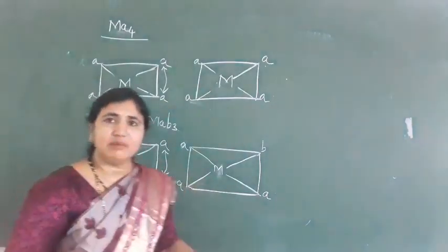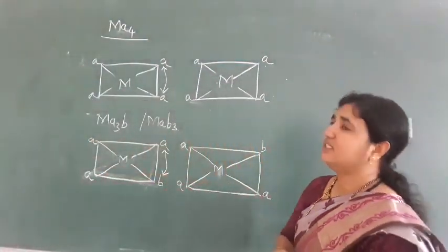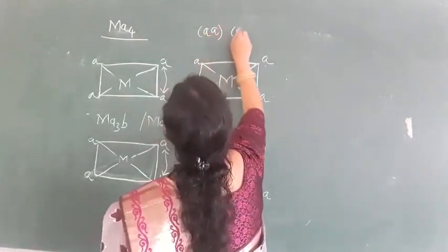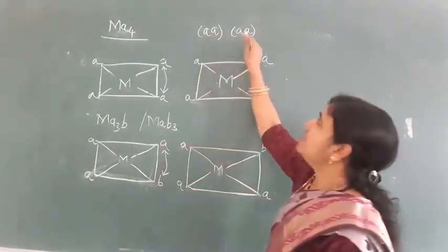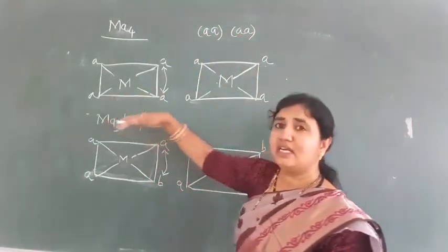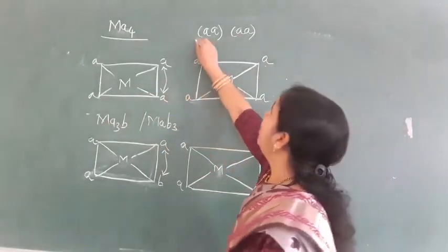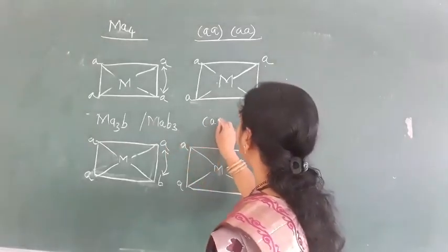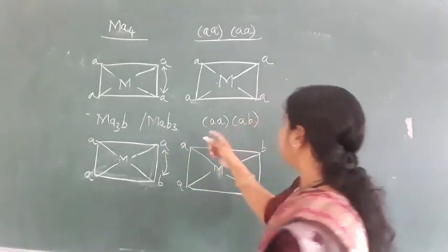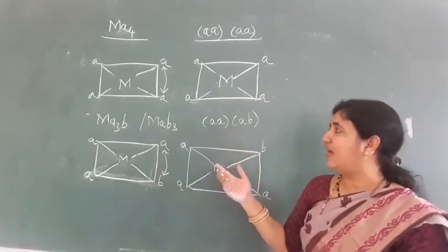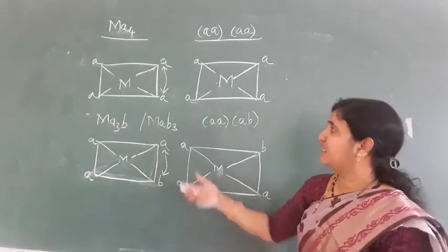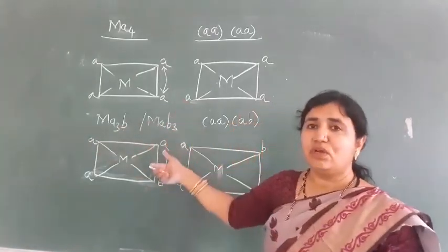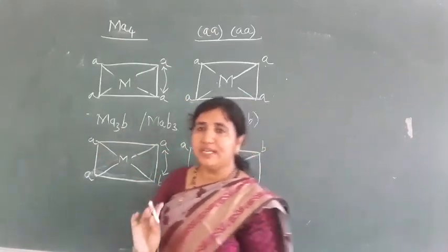Or another method to find out geometrical isomerism is that you can make the pairs here. How pairs means: this is AA and this is also AA. This is just one type. Can we make another type? No. So only one type we can make here, so no geometrical isomerism takes place. Similarly here AA and AB. We can't make another here. That's why geometrical isomerism does not take place. Same here, whether we have MA3B or MAB3, in both geometrical isomerism can't take place.